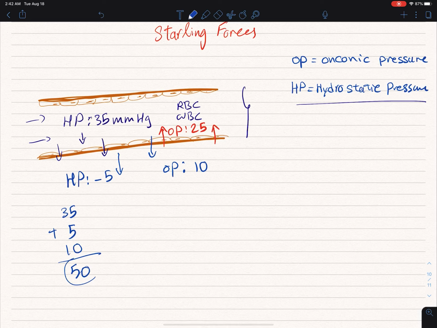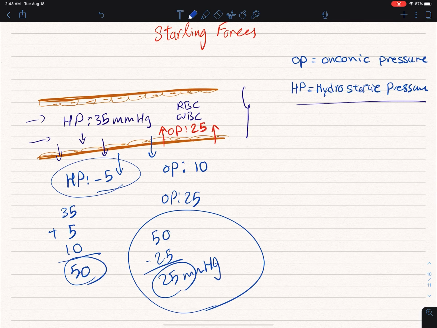And this is how much your body is trying to push the water outside your capillaries. On the other hand, there is this number 25, which is trying to keep the water inside the capillary. So we get 50 minus 25, we get 25 mmHg, trying to push the water out. This one is the negative hydrostatic pressure, which is technically helping out your